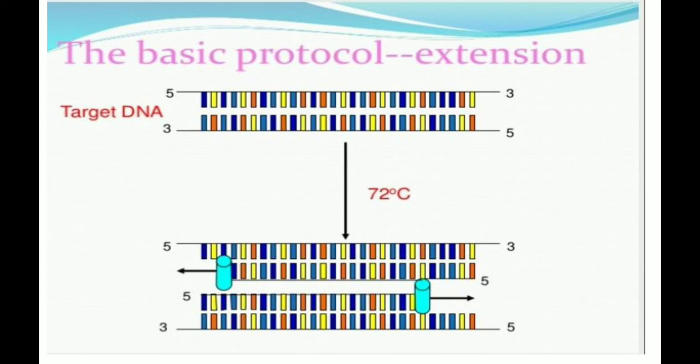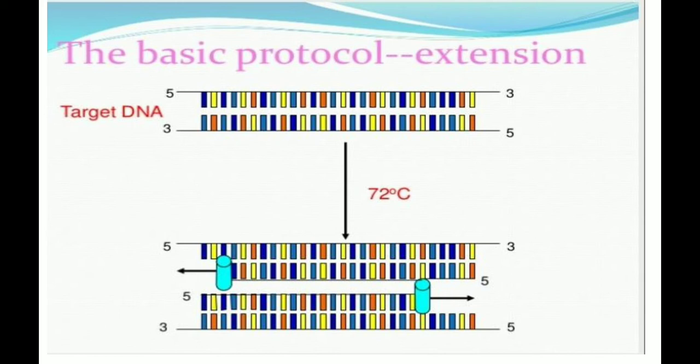Next you can see the elongation step, meaning the primers are extended by joining bases complementary to the DNA strands. In the elongation step the polymerase adds dNTPs from 5 prime to 3 prime, reading the template from 3 prime to 5 prime. So the bases are added complementary to the template. Now the first cycle is over. After performing these 3 steps, the first cycle is complete and the next cycle continues.